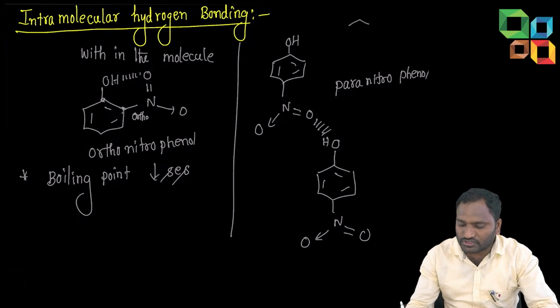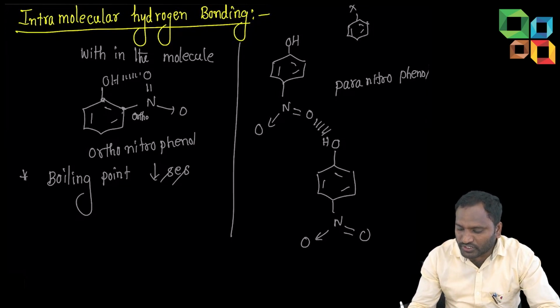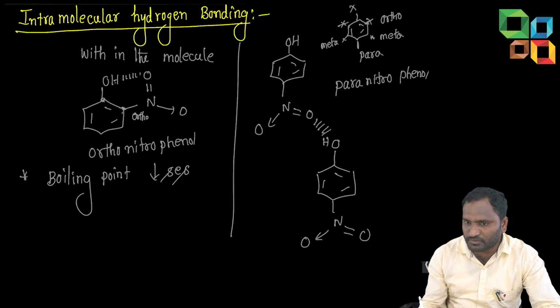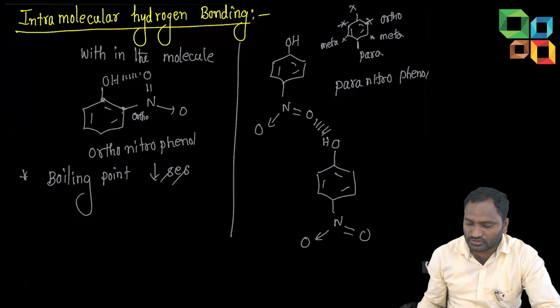If any substituent is there, students, you just follow this. This is the substituent. The position very next to the substituent is called the ortho position. This one is also ortho. Ortho's next is called meta. This is the meta position. This one is also meta. Exactly opposite, meaning 180 degrees, is the para position. So here the nitro group is at the para position with respect to the main substituent. Here it is the ortho substituent.